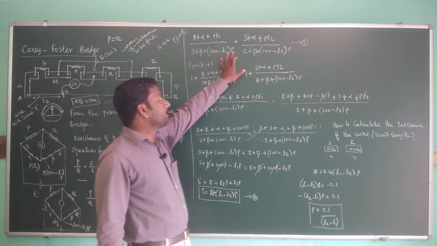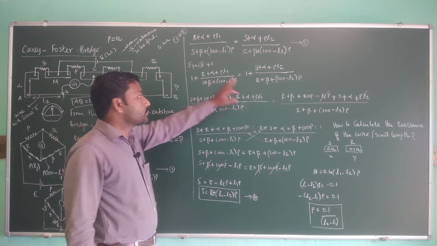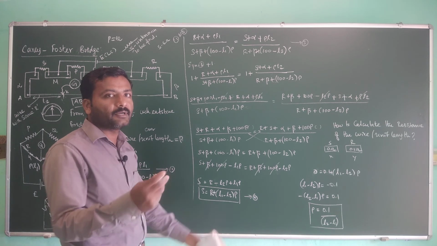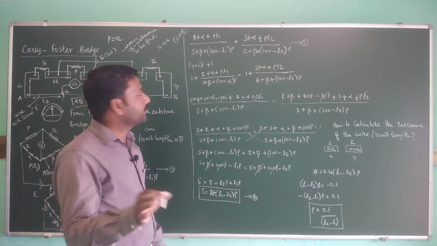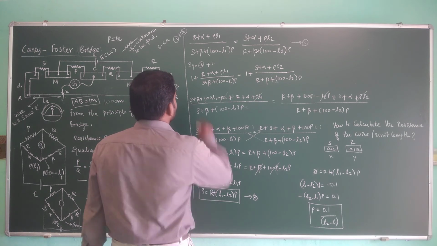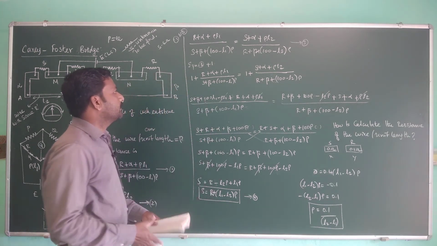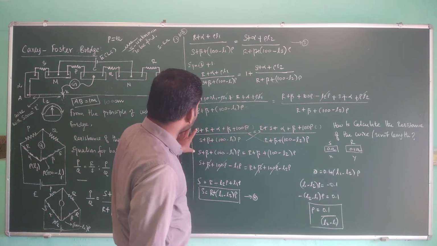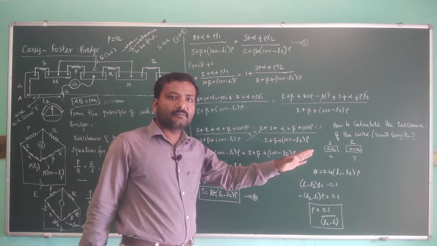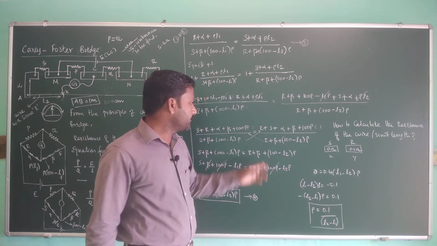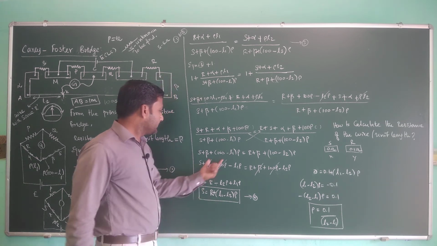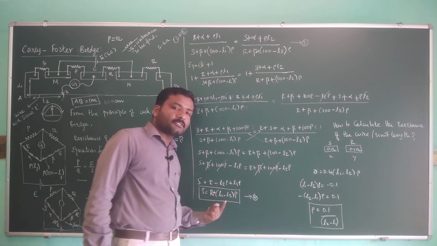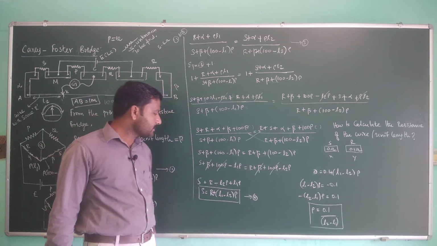Then we obtain equation 3, and in this we add 1 on either side, which doesn't make any difference. If you add equal values, multiply or divide both sides by the same value, it won't affect the equation. Then we take the LCM and remove common terms, and we find that the numerators of either side are equal, so the denominators must be equal. Then you compare, rewrite and simplify the equation, and we end up with an equation for the unknown resistance: S is equal to R plus (L1 minus L2) rho,